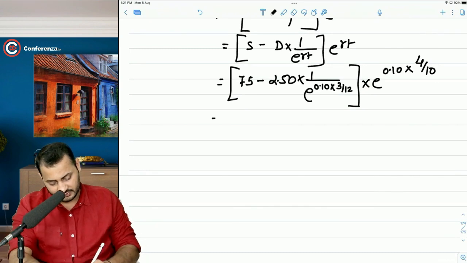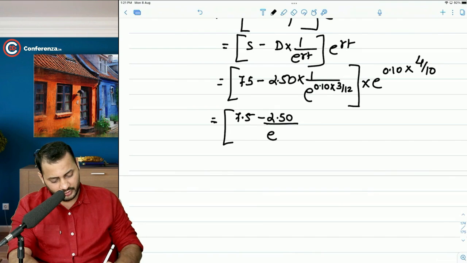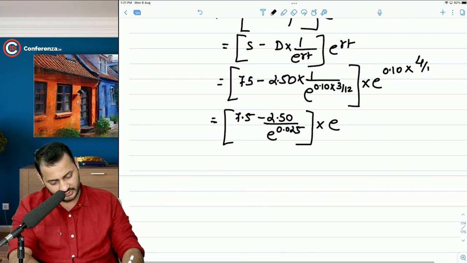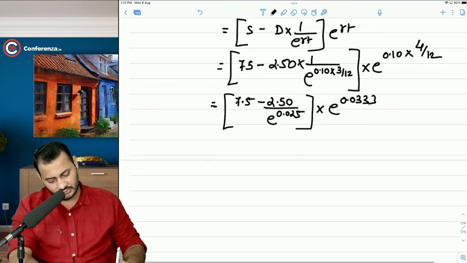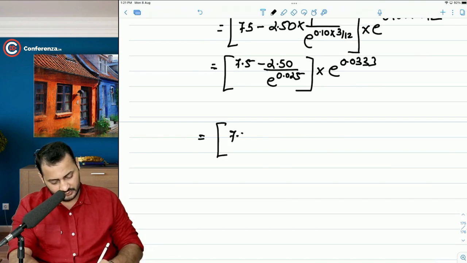Now let's try solving this. 75 minus 2.5 divided by e to the power 0.025, am I right? Into e to the power, 4 by 12 in this case, 0.033. So let's try solving this. 75 minus 2.5 divided by